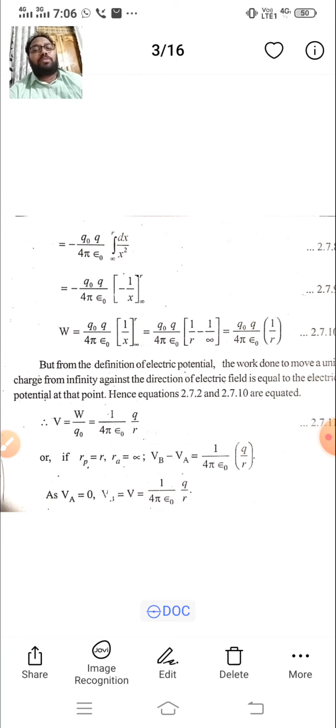Electric potential due to single point or charge, electric potential and electric field due to spherical charge conductor, electric potential and electric field due to dipole, and electric potential and electric field due to linear or line charge